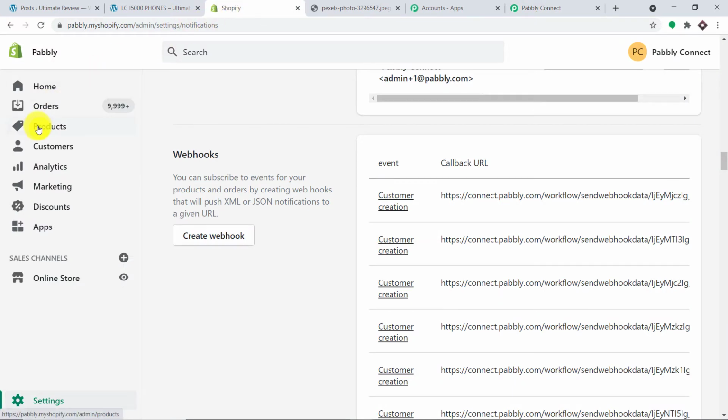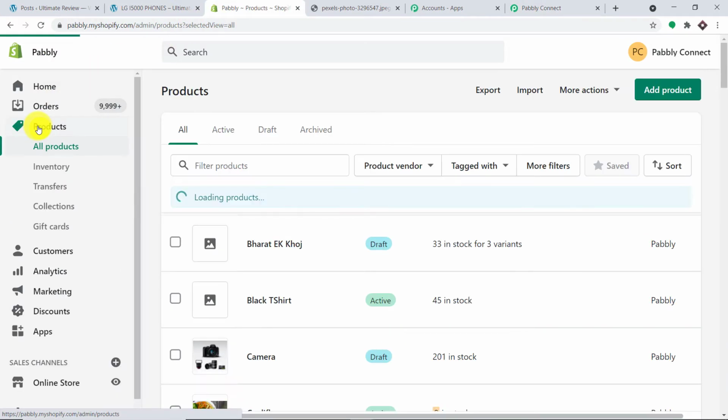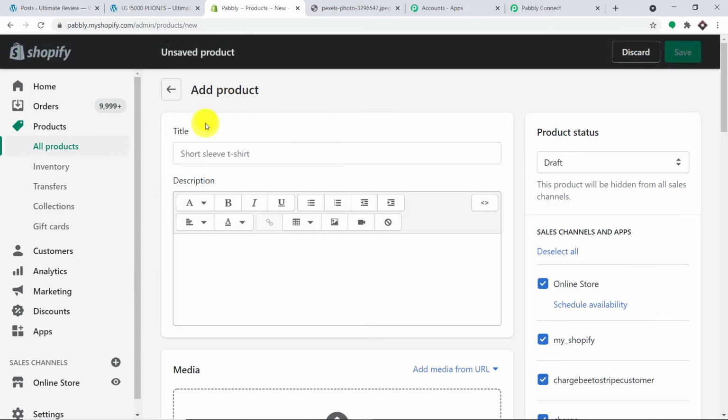So how about we make some experiment here? I'm just going to click on product and add one dummy product. This is the name of the product. Okay, so we are building a product that is a laptop, or how about the name Samsung laptop.